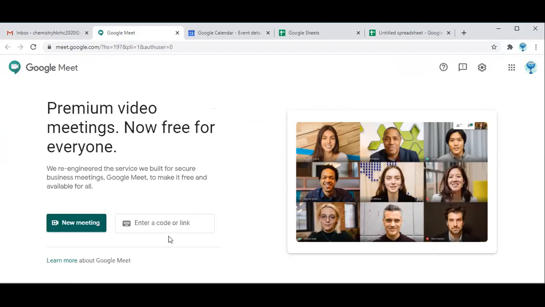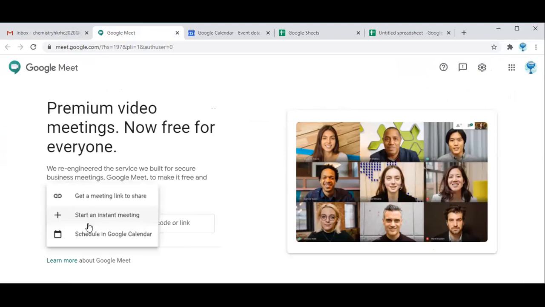The participants or students can join the meeting by entering the code or link provided by the host. When you click new meeting, it shows three options: get a meeting link to share, start an instant meeting, and schedule in Google Calendar. Now I am going to schedule a class for 3rd UG Chemistry in Google Calendar.